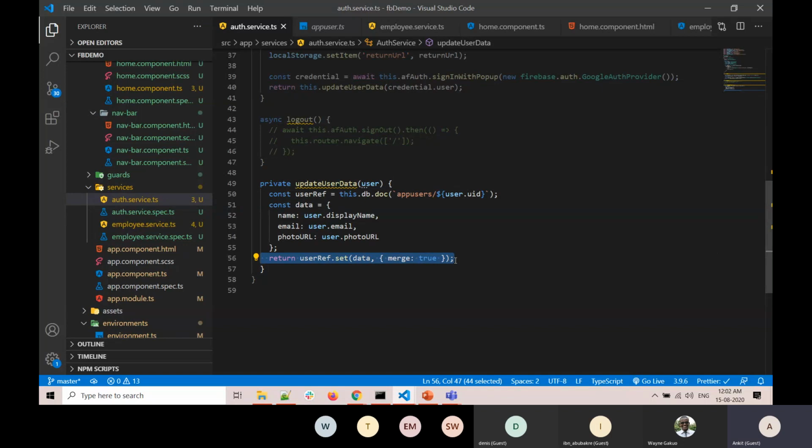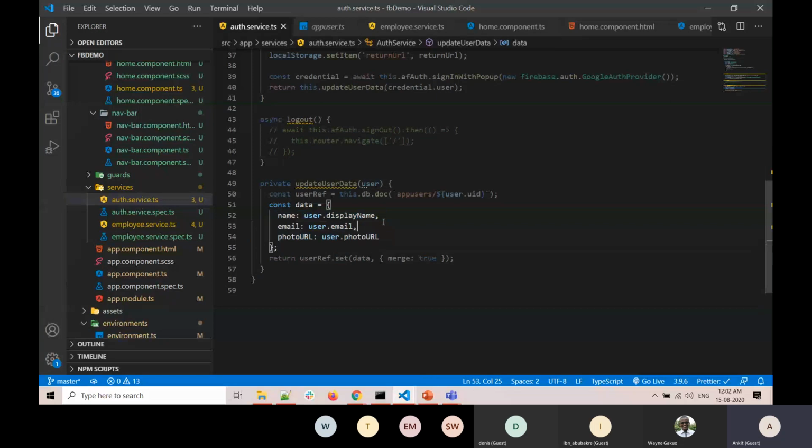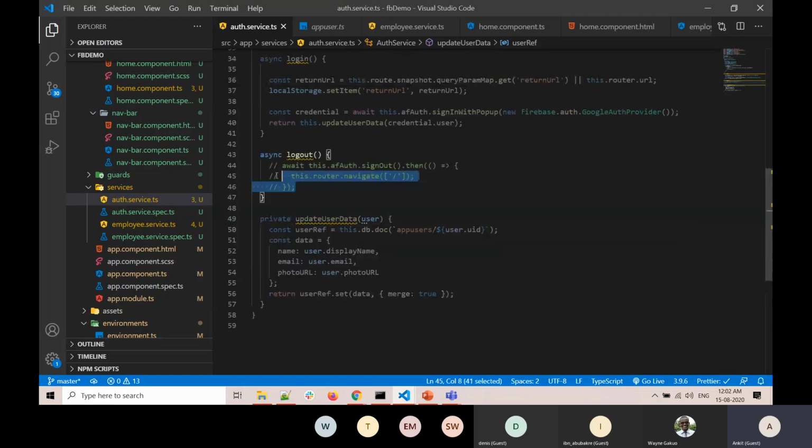For example, if I log in today and I log in again tomorrow, then I have the same data, because the username, email, photo, everything will be the same. In that case, there is already a particular document, already a particular data for my name. So I don't want to add duplicate data. That is why I am overriding the existing data by setting merge true here. That is how we are storing the user data in our database.